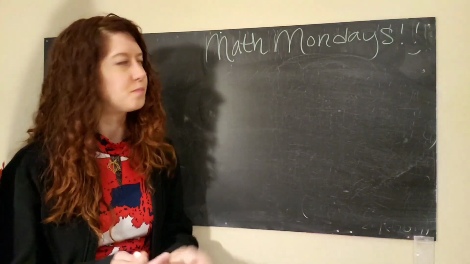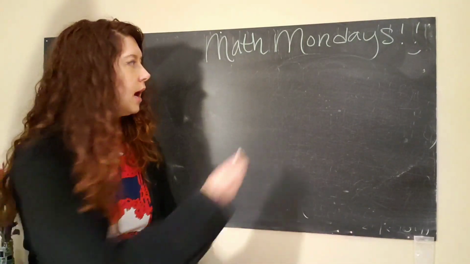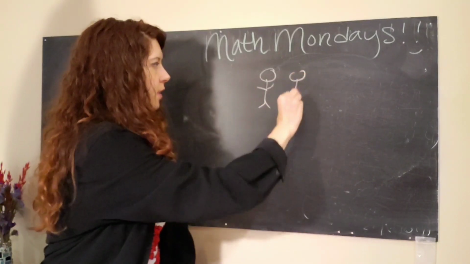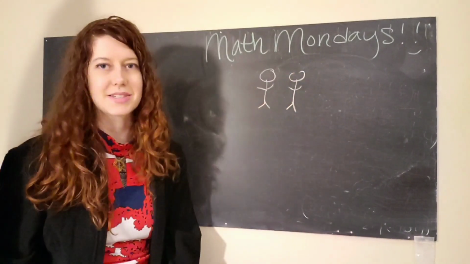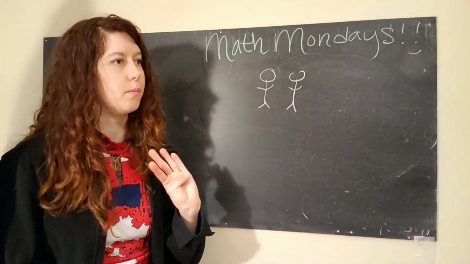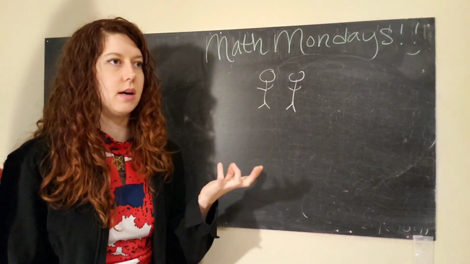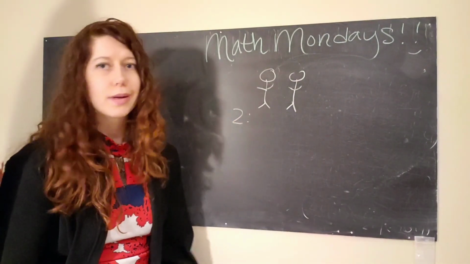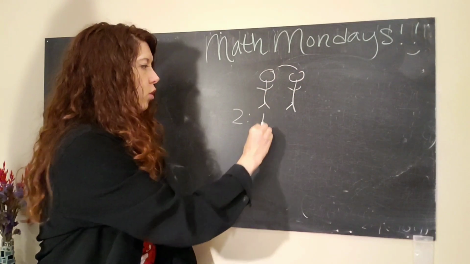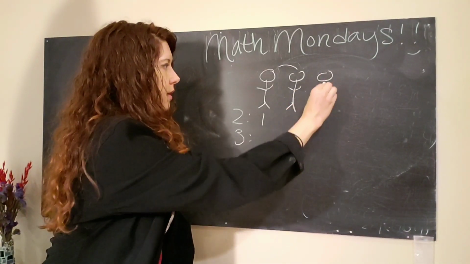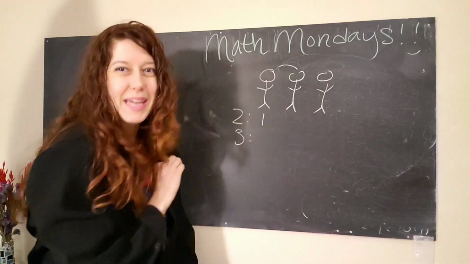Okay, here we go. So let's say I am with one other person in a room, and I want to ask, how many comparisons can I make? And ask, do we have the same birthday? Well, with two people, we can only make one comparison. But with three people, how many comparisons can we make?